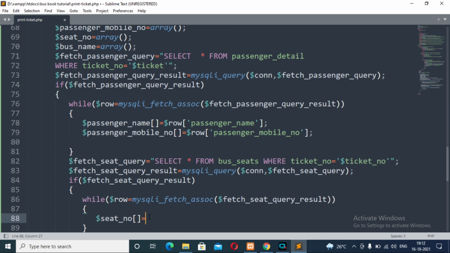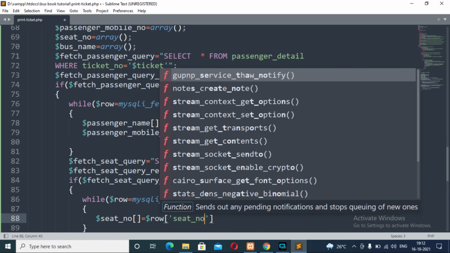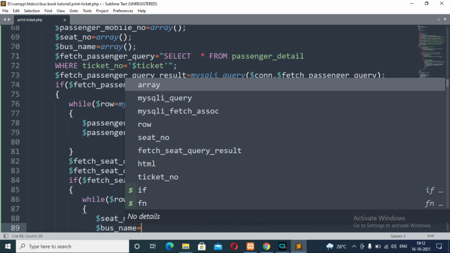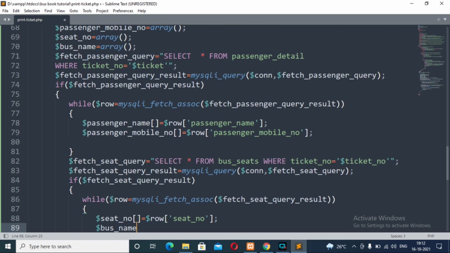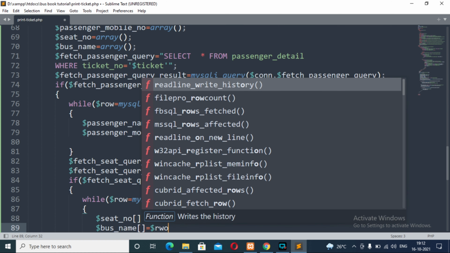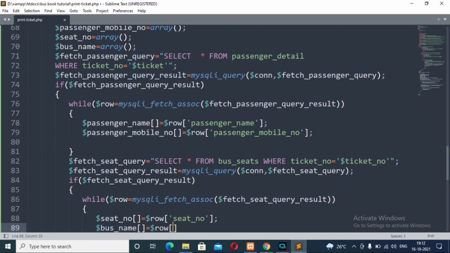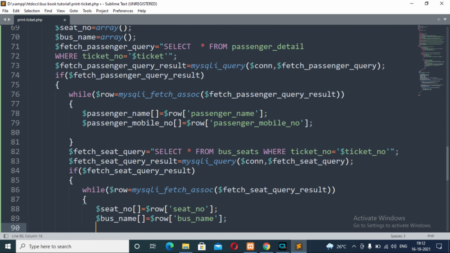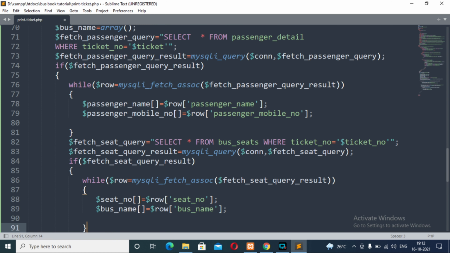So seat number assigned by row variable contains index as seat number and bus name set here bus name, similarly as previous assignment. It will go on row and index value as bus name. So close this while loop.